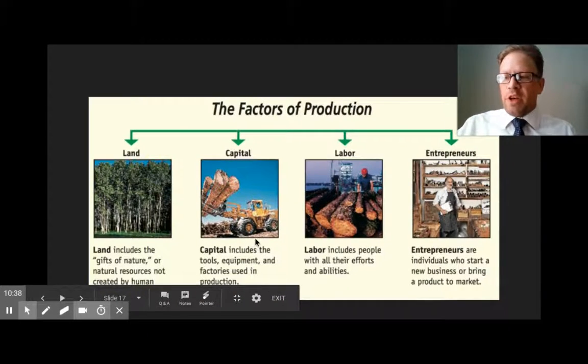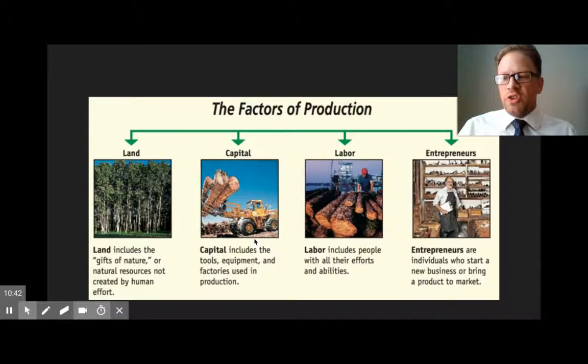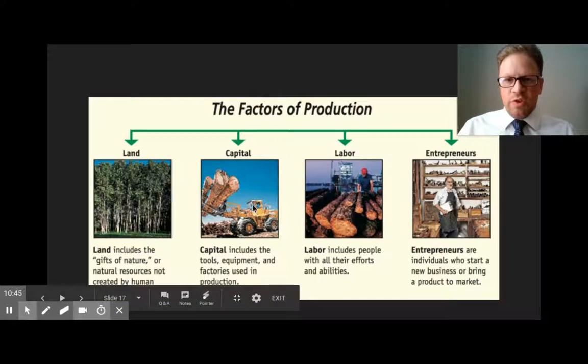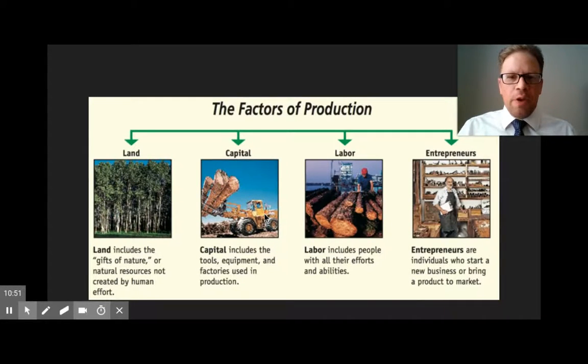And the last factor of production is capital, sometimes called capital goods, which are the goods or services used to make other goods or services, meaning someone already produced whatever this product was. And based on producing that product, it's now being used to produce something new. So for instance, I'm using technology to produce this lecture video, but it doesn't mean that I invented technology. Somebody else invented technology. I'm just using that technology to make the lecture video.